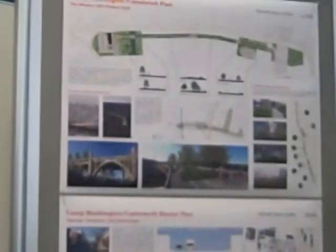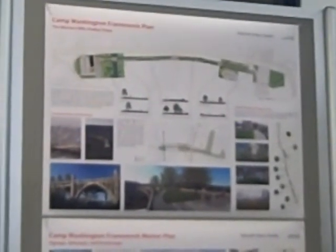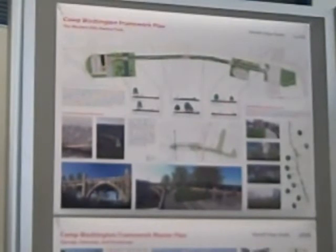So Camp Washington has a lot of potential to become a more environmentally friendly neighborhood. Someone in another project last year made a diagram of all the impermeable surfaces in Camp Washington, and it looked like it was solid 3/4 of the neighborhood. I thought it was really interesting. If you actually look on Google Earth, satellite photos of the city, it's like downtown, Over-the-Rhine, Camp Washington, or like solid gray in a field of green. So we have a very large amount of